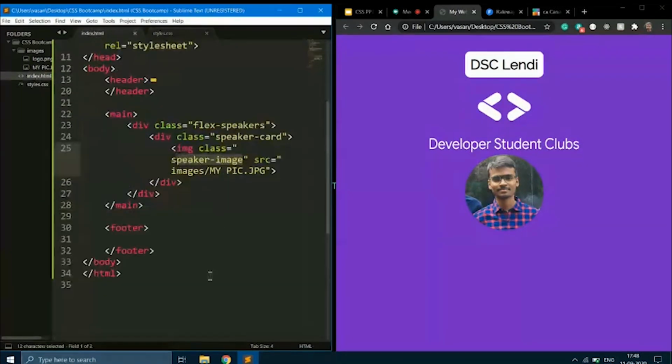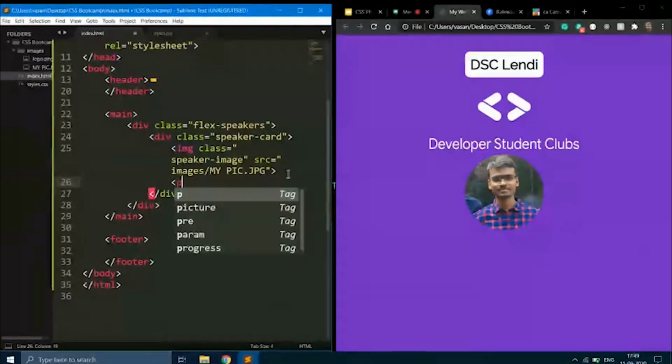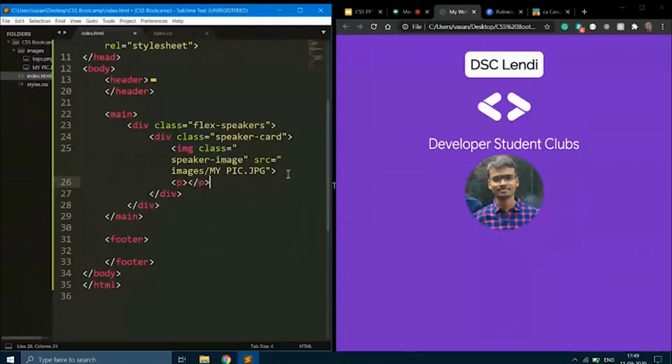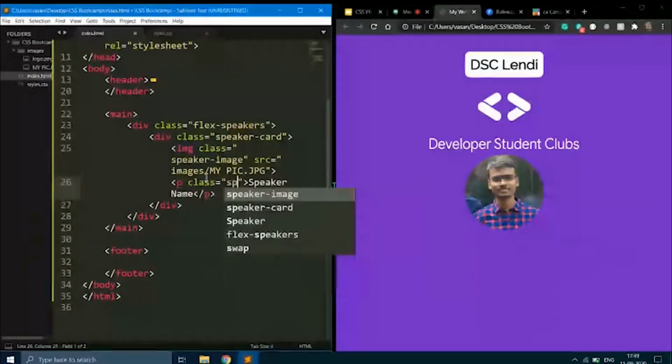For the speaker card, I want the speaker name also. I'm going to use a paragraph tag to display the speaker name. Let's say speaker name, and I'm going to give it a class, speaker name.